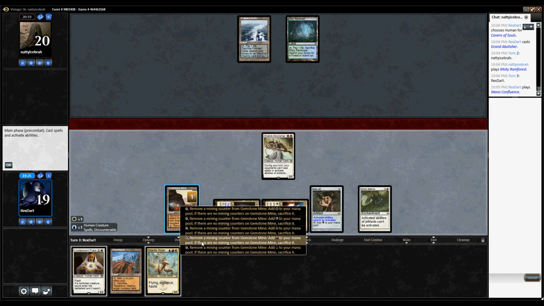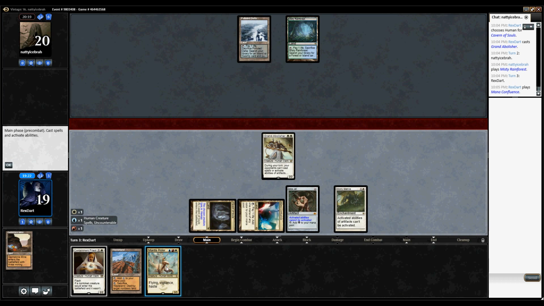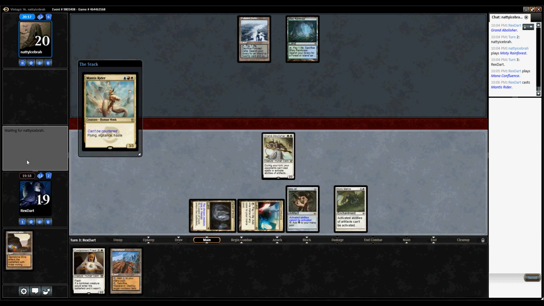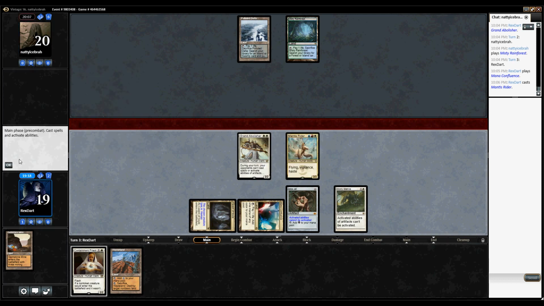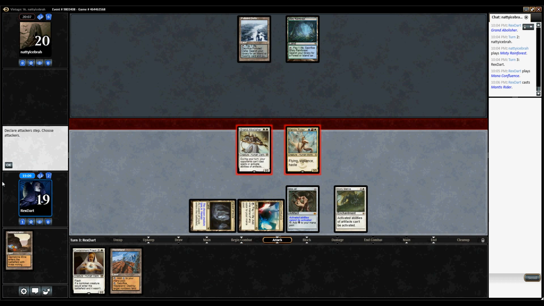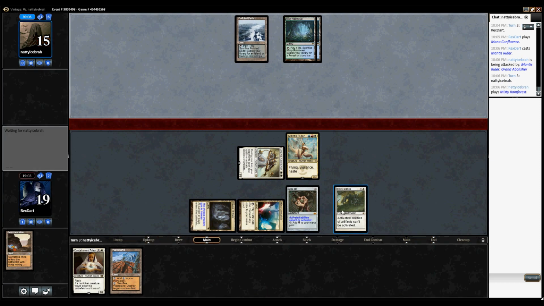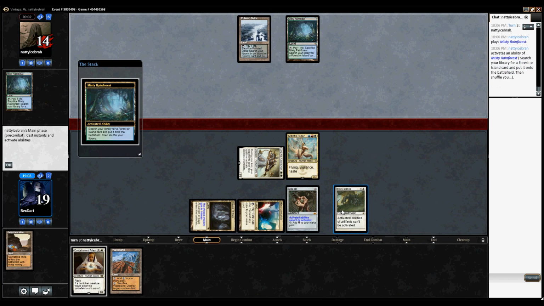blue, red, Mantis Rider. Okay, is this clicked up? Okay. Alright, so swinging for 5. Don't have the amount of disruption I would really like here. Maybe the Stony Silence is doing some work that I'm not seeing right now, because obviously I don't know what's in his hand, but